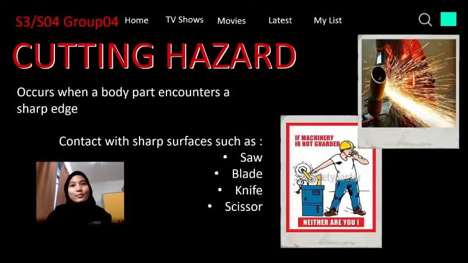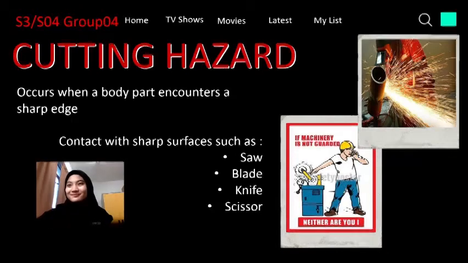Cutting hazard happens when our body part encounters a sharp edge such as scissor, blade, knife, and saw. An example can be given in our lab. We are using saw to cut our metal, so that's the risk of cutting hazard that can happen in